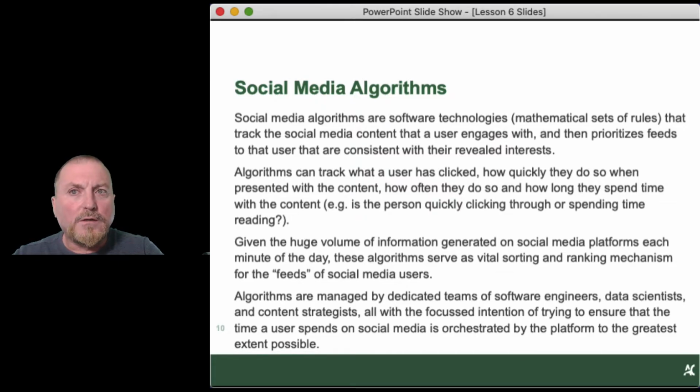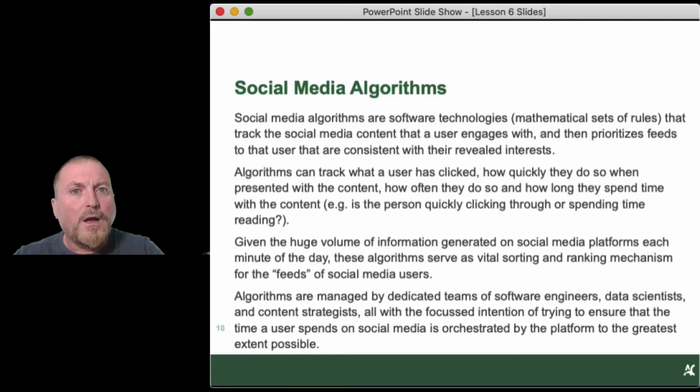Given the huge volume of information generated on social media platforms each minute of the day, these algorithms serve as vital sorting and ranking mechanisms for the feeds of social media users, okay? Obviously, there's terabytes, millions of terabytes of information that are coming up on social media virtually every day around the world, all right? That would be completely overwhelming and completely disorganized if there was not some kind of an organizing principle, which